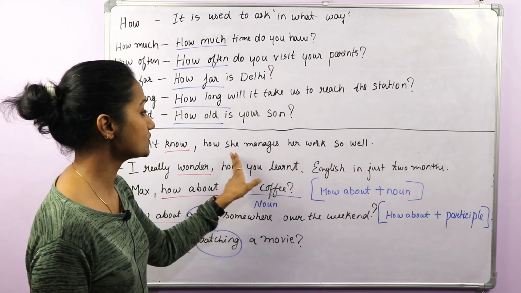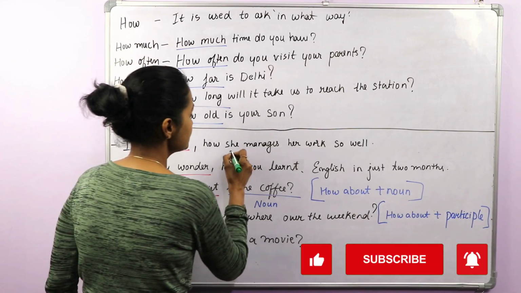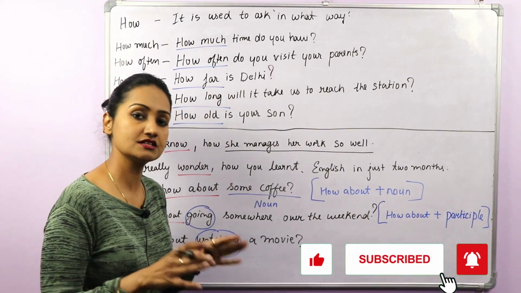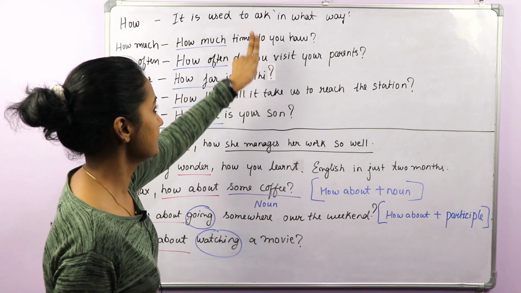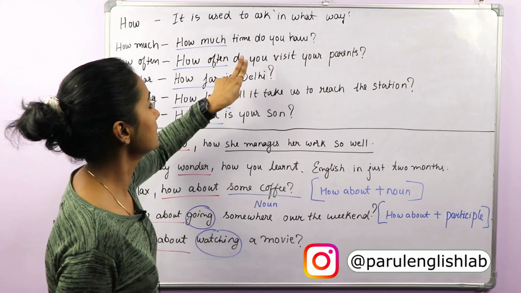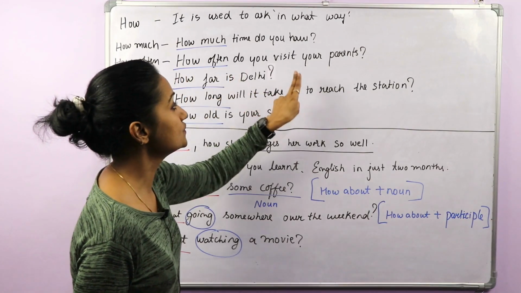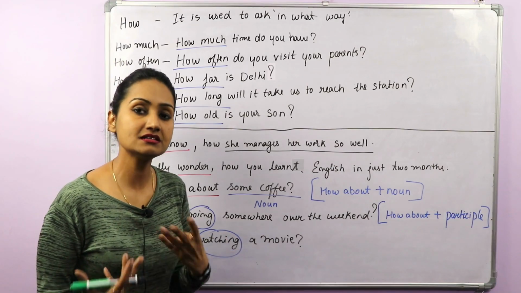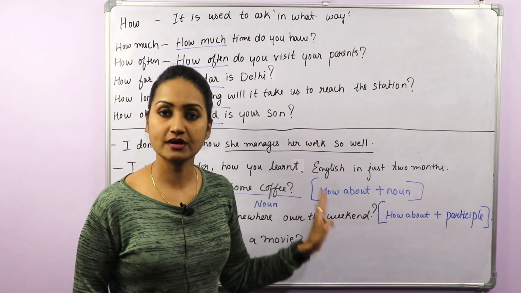And if you look at the word order here, if you remove how, so she manages her work so well, this is a declarative sentence. It is not an interrogative sentence. Wherein if you look at these questions, these are all interrogative. Okay, how much time do you have? Okay, how often do you visit your parents? Do you visit your parents? How often? So it is interrogative, but here this is not interrogative because it is not a question,